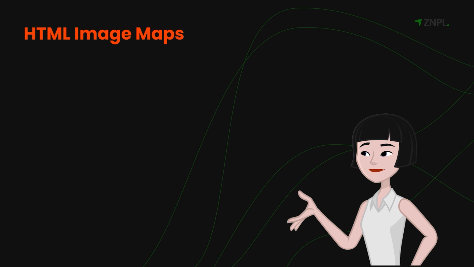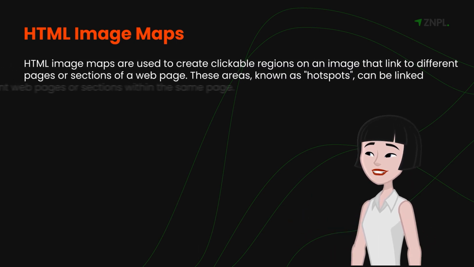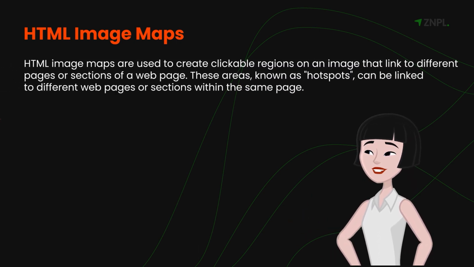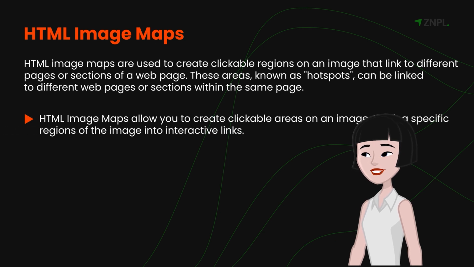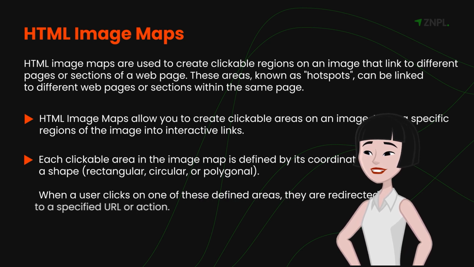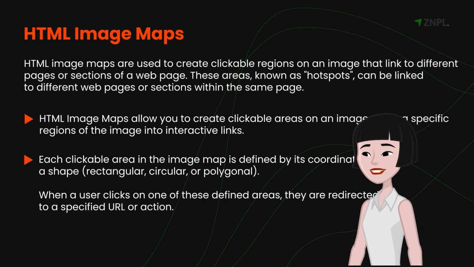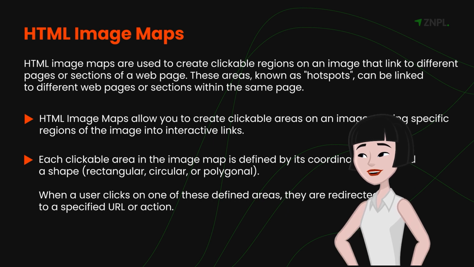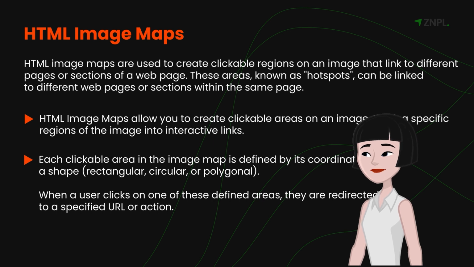What is HTML image maps? HTML image maps are used to create clickable regions on an image that link to different pages or sections of a web page. These areas, known as hotspots, can be linked to different web pages or sections within the same page. HTML image maps allow you to create clickable areas on an image, turning specific regions of the image into